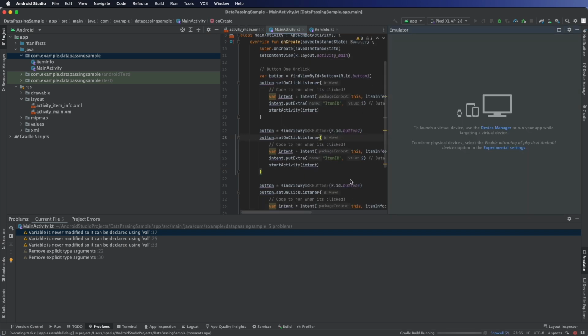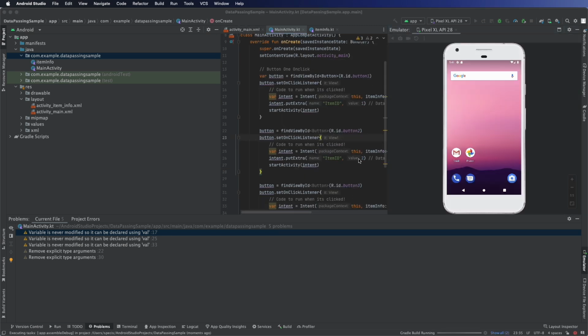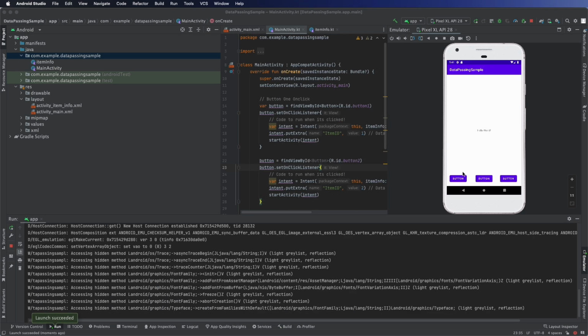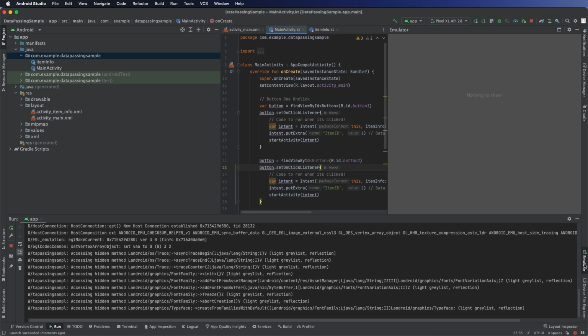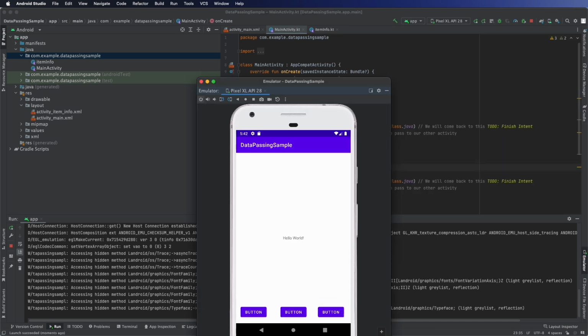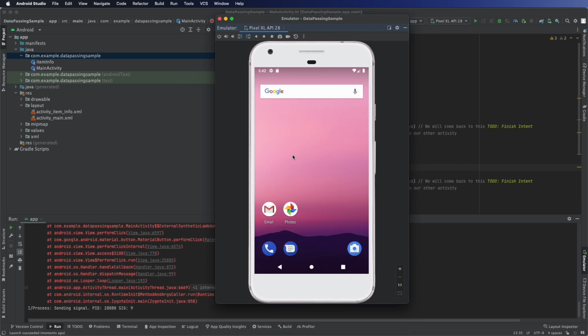That's actually creating the new window programmatically, passing data to it, then displaying it. So we'll go ahead and run it. Now I know I've missed something here. Oh, there's an error. I have missed something,